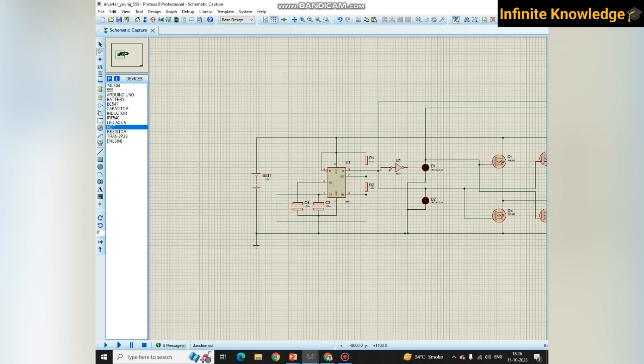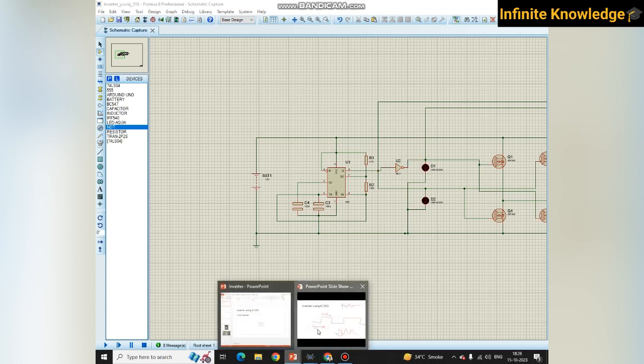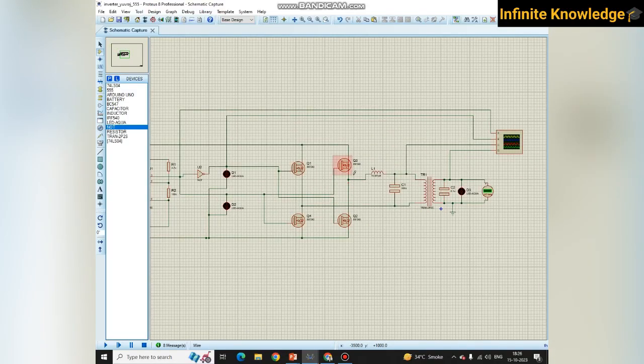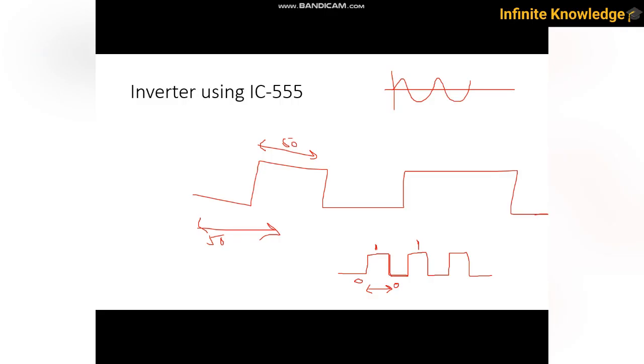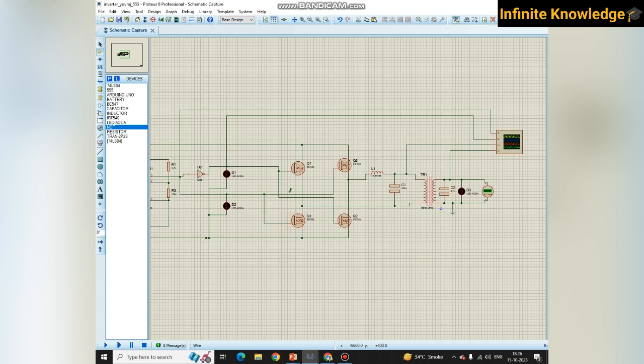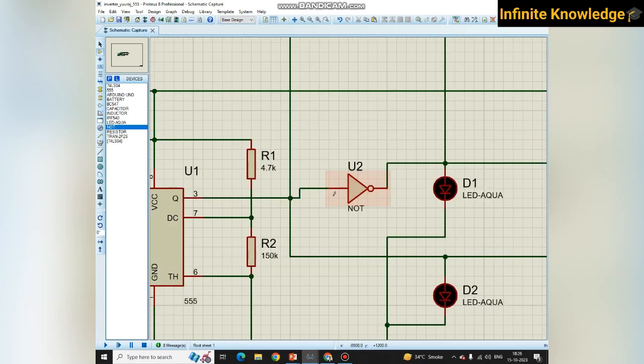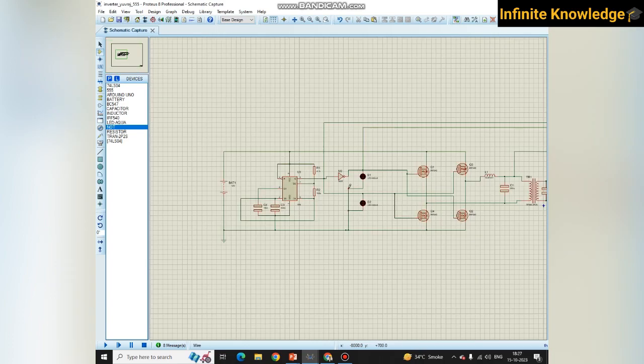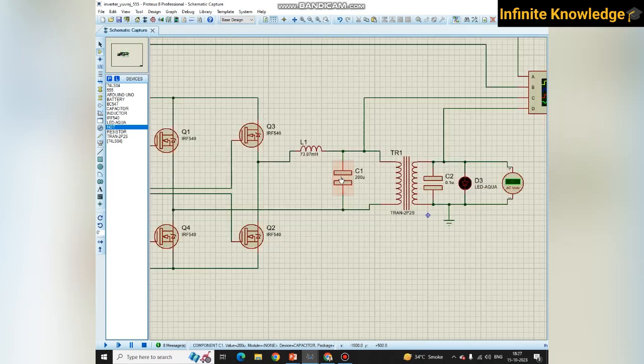Another advantage of the NOT gate, if you notice, what is another advantage? When it is 1, Q3 and Q4 will get off. But when it is 0, 0 means no voltage here. So no voltage here means no switching. For switching it, I need to change its state. So 0 to 1, it will change its state from 0 to 1 and trigger these two. So this is how this IC-555 circuitry will be used for switching the MOSFETs, and the remaining is the same